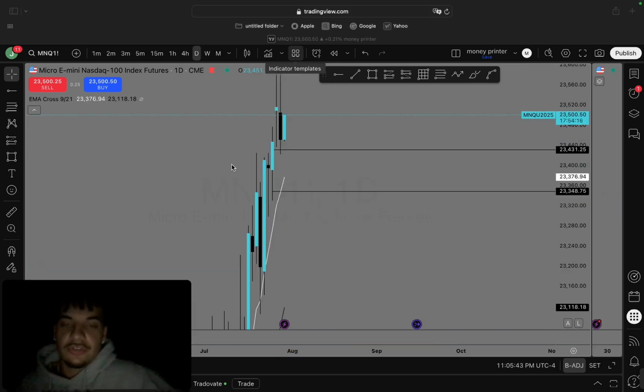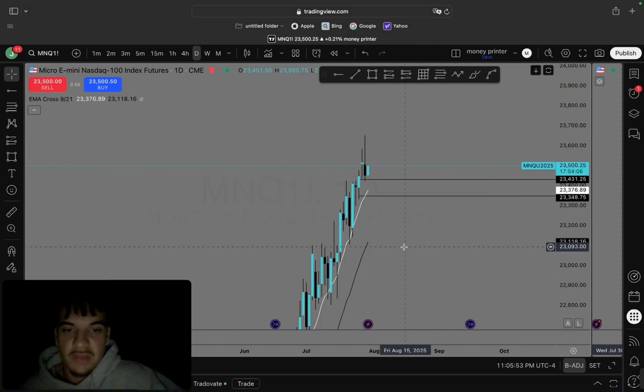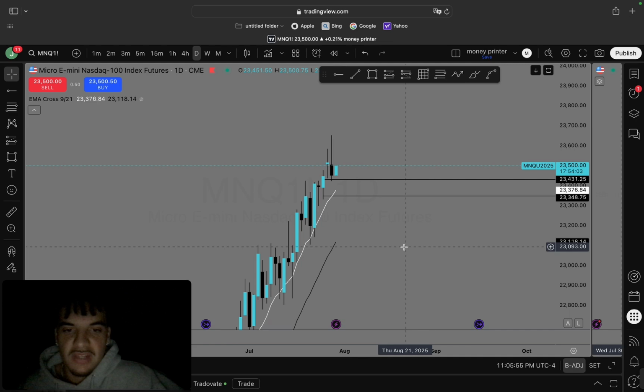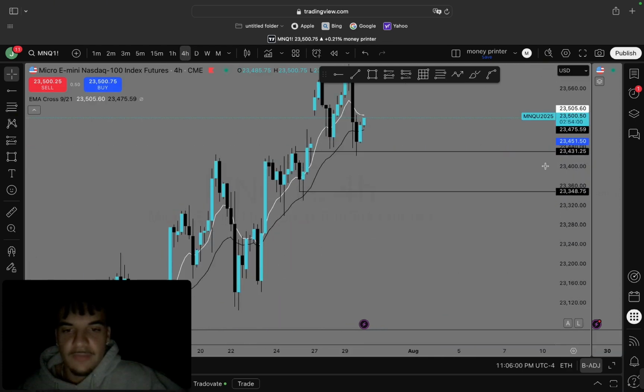Alright guys, so I want to show you guys this next example. There is a great buy opportunity that presented itself in the macro. So I want to show you guys this. So looking at the daily time frame, looking at this, I'd probably be bullish right off the bat. I can see that, obviously we're trending up on the 1 hour. 4-hour time frame, you can see we're also bullish.